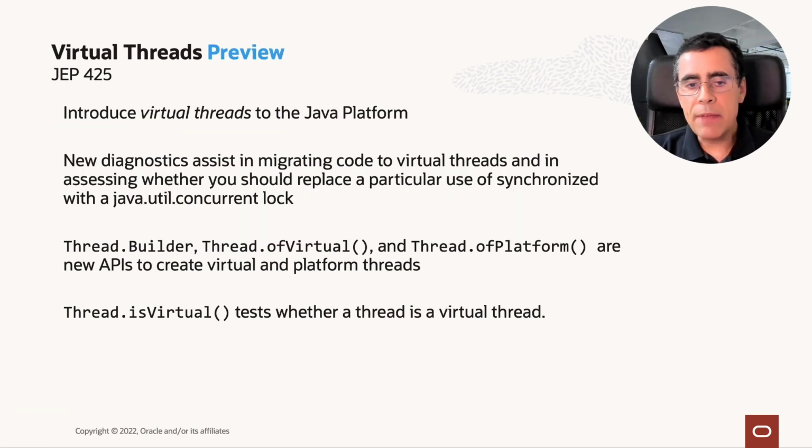JEP 425 introduces virtual threads as a preview feature to the platform. For most developers, switching to virtual threads will simply require switching from platform threads to virtual threads. But there are two scenarios in which virtual threads cannot be unmounted during blocking operations because they're pinned to the carrier. One, when it executes code inside a synchronized block or method, and two, when it executes a native method